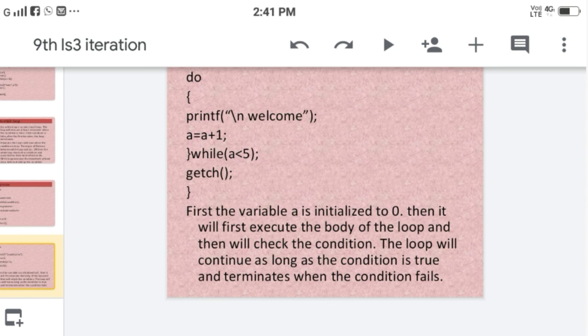The first time, whether true or false, we first print the welcome statement, then increment the value and check the condition. 1 < 5, condition true, print the statement again. So it is repeated 5 times in this loop. The variable is initialized to 0, then we first execute the body of the loop and then check the condition. The loop continues as long as the condition is true and terminates when the condition fails.